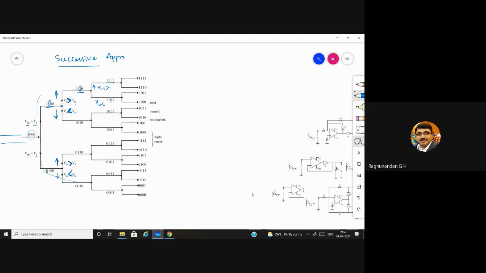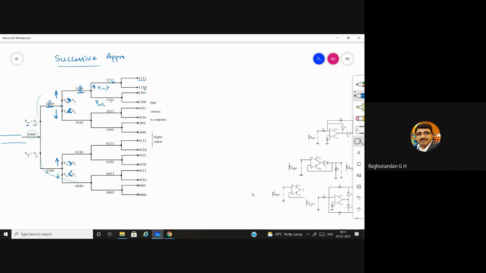Again, coming to this 1111, next again we'll check. If suppose input is greater, then the same value will be retained. If input is smaller compared to the value which has been approximated, then we are going to make, see, this was the bit which we made high in the previous state. That value we are going to make it as 0. Since we don't have any next bit, this will be the final value.